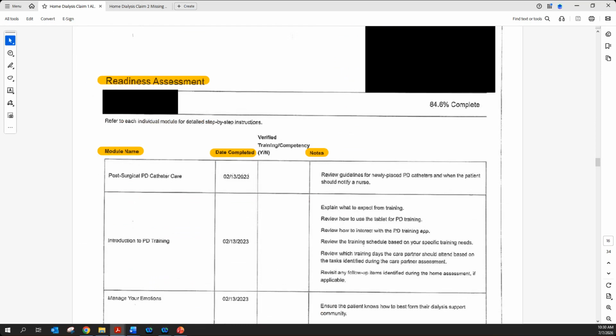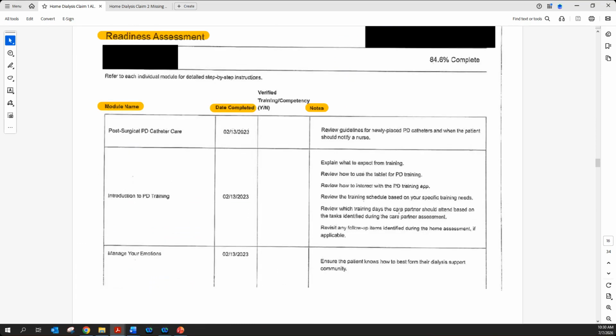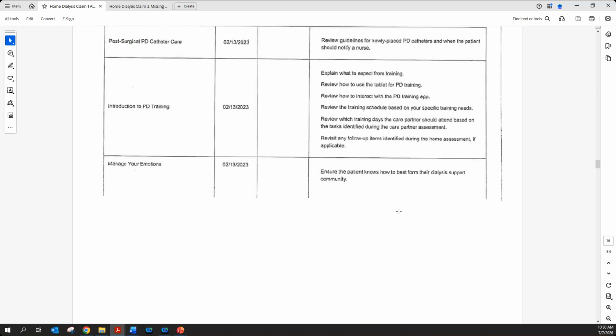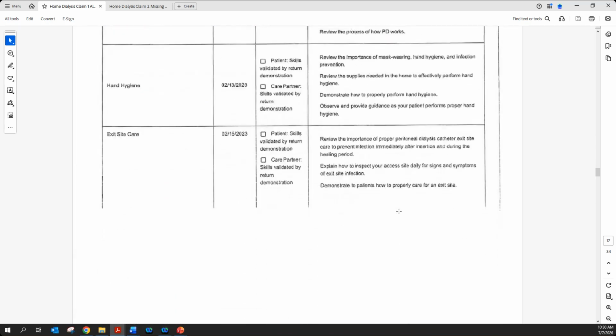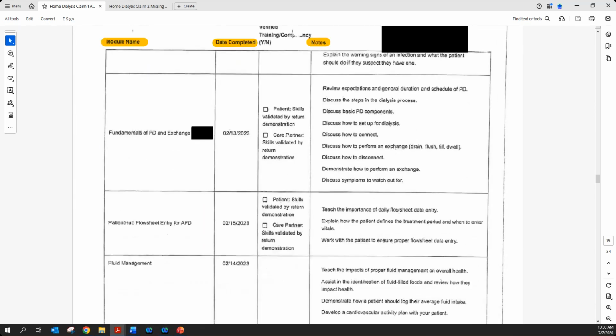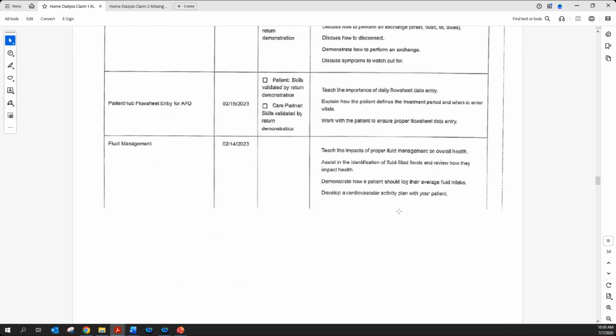Pages 16 through 26 have the readiness assessment, documenting each module taught, its completion date, and any additional notes that were given during the training. Some of the topics include post-surgical catheter care, introduction to peritoneal dialysis training, emotional management, app use, kidney function, hand hygiene, exit site care, peritoneal dialysis exchanges, access and fluid management,